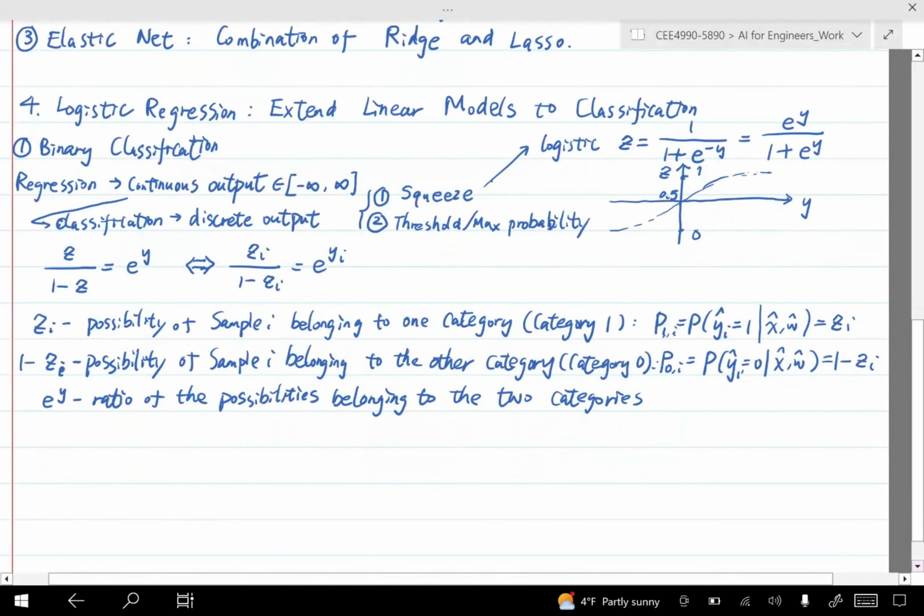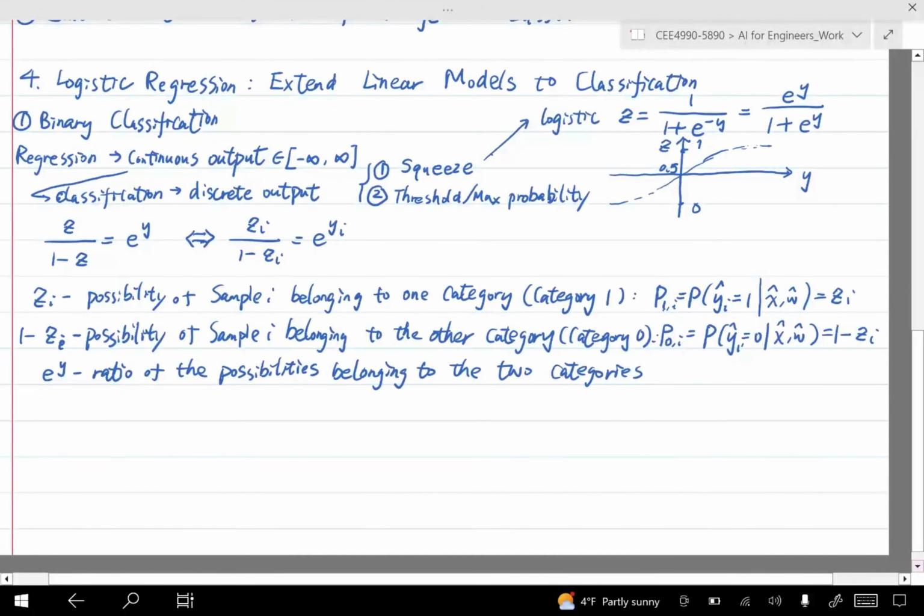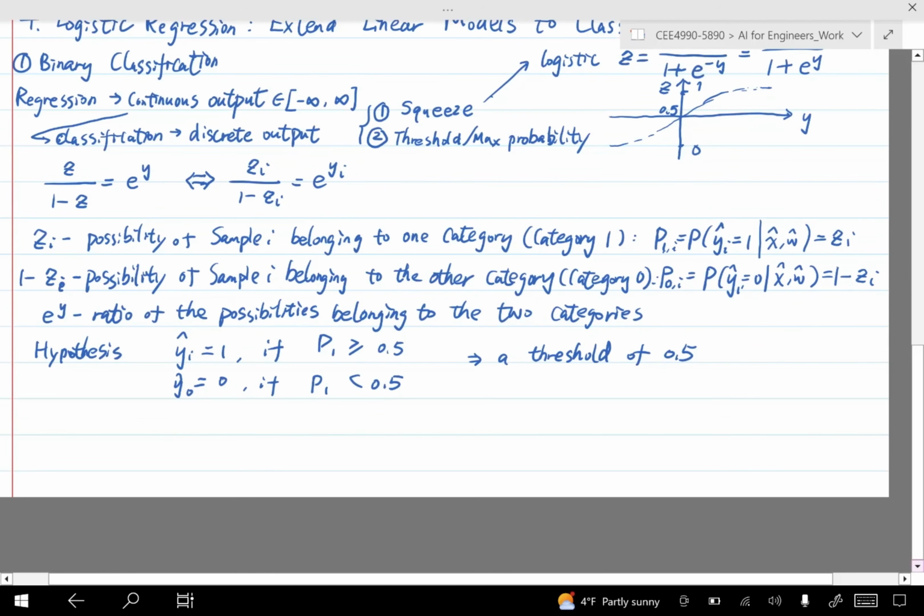And in this example, we made one hypothesis for relating the labels for classification and the labels for regression. For classification, y hat i equals 1 if p1 is greater than or equal to 0.5. That means we select the threshold of 0.5. It is worthwhile to mention that we can use other threshold values, but 0.5 is the most common one for binary classification. And with this in mind, the next thing we can do is construct a loss